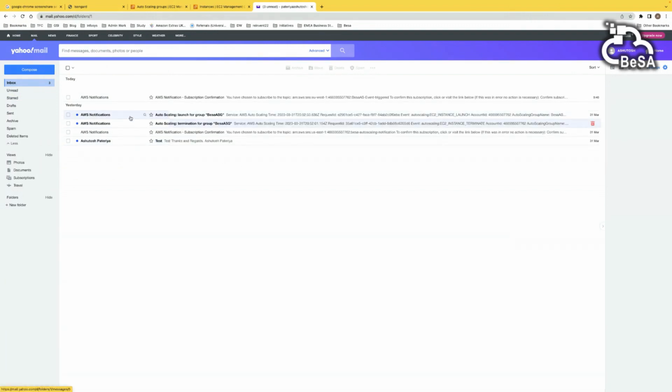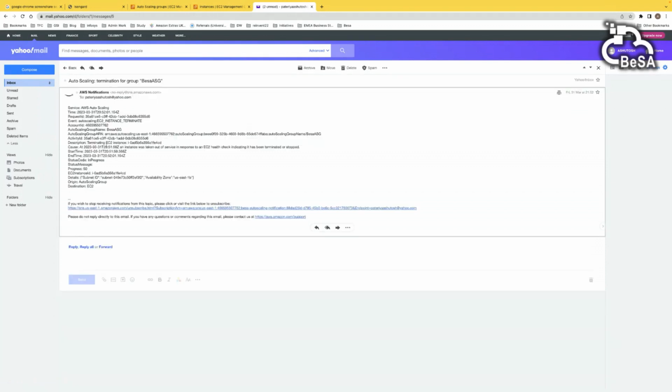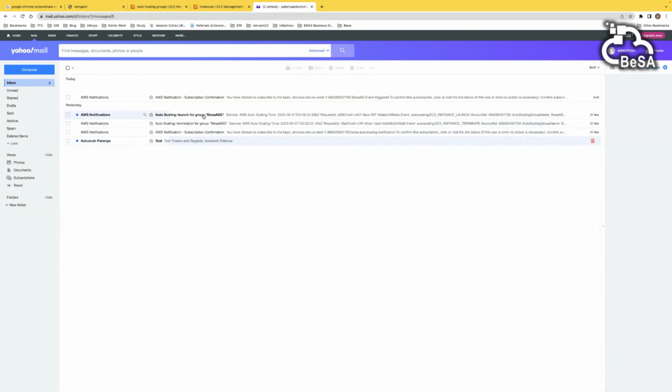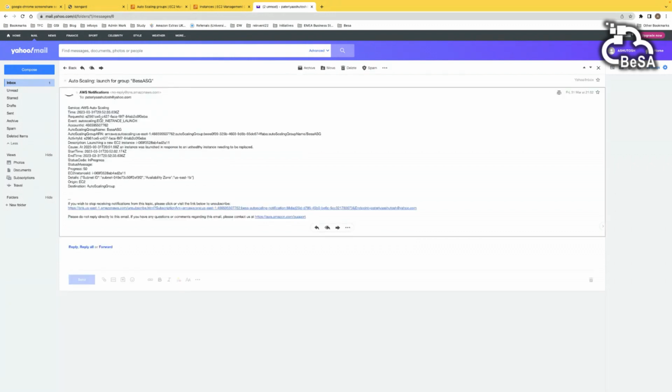So yesterday I just did some tests, and you will see if an EC2 instance is terminated, you will see a notification like what happened, what was the instance ID, what actually happened, EC2 instance terminated, and if there is a new instance triggered, then EC2 instance launch.